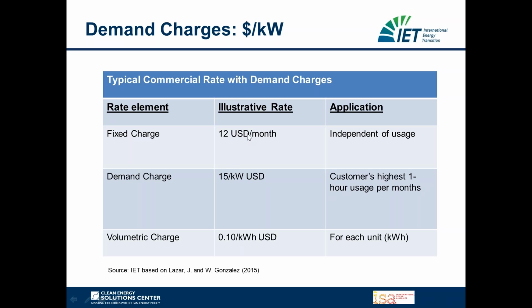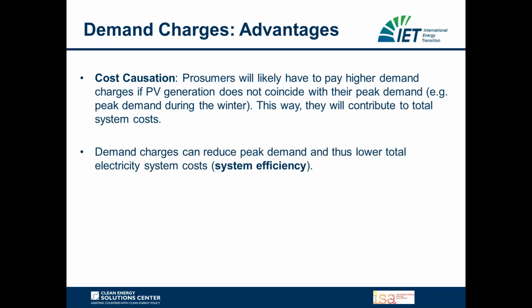You see we have a fixed charge here per month, which is independent of the usage. Then we have a demand charge of, let's say, $15 per kilowatt multiplied with 1 hour in the months where you had the highest demand. And then you also have a volumetric charge, let's say 10 cents per kilowatt hour, which you have to pay additionally for each unit of electricity that you consume. So these are the three components, as mentioned earlier, that you would usually see in commercial and industrial electricity